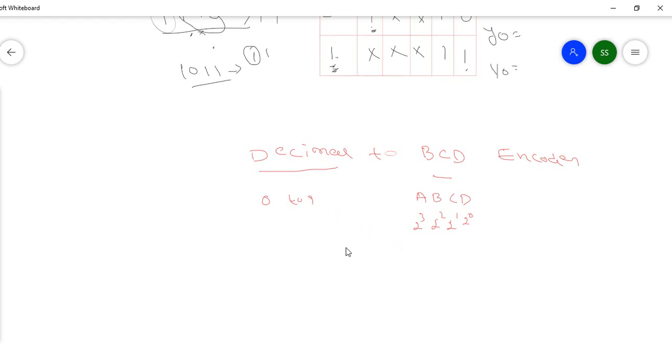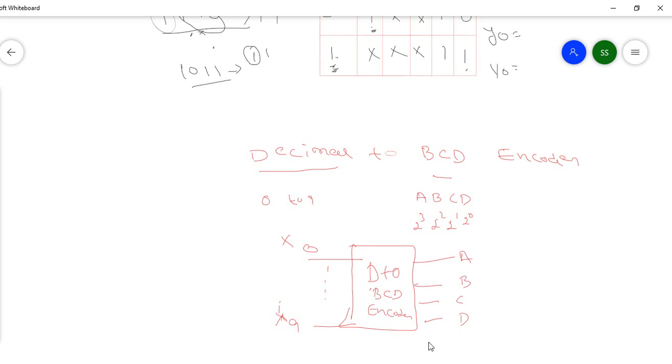So when you are doing this, you can take one block diagram of how it looks. Here we can write inside it decimal to BCD. The input is what? You have to take from 0 up to 9. We can call it here 0 to 9 as a number, or we can call it something like x0 to x9 also. Then what is the output actually? It is a weightage form. Either we can take ABCD or y1, y2, y3 also possible. I will take ABCD. So this is our input and output.